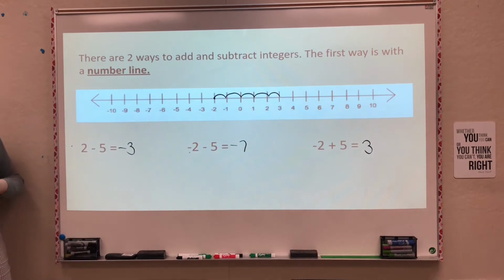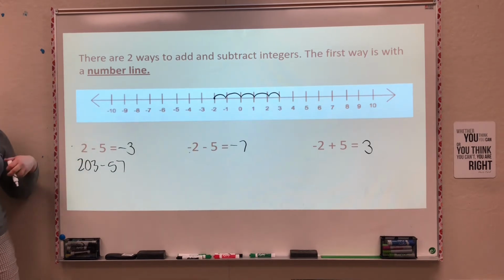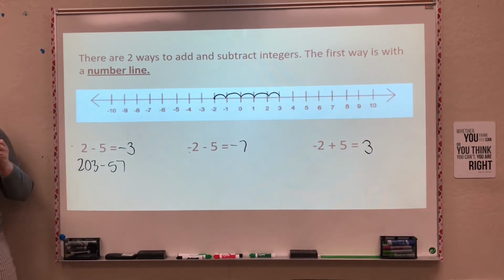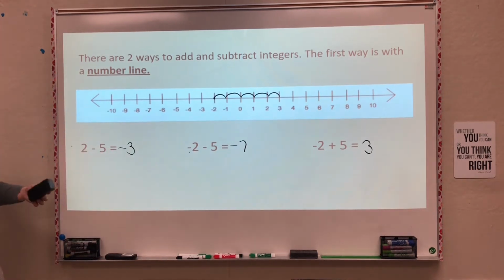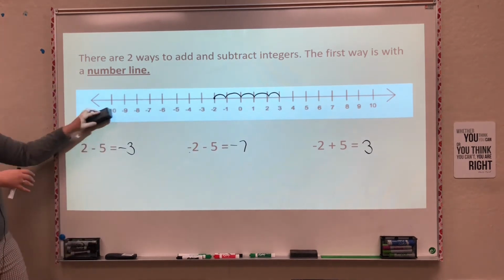If I gave you, instead of 2 minus 5, like 203 minus 57. Do we want to, you're already shaking your head now. You could, I don't want to say you can't because someone would try to prove me wrong. You could do this on a number line, right? But we don't want to do that. So I like the number line because you can see what's happening. You can make sense why your answer is negative or positive, but we don't want to have to use it